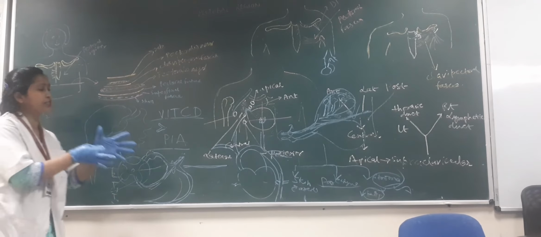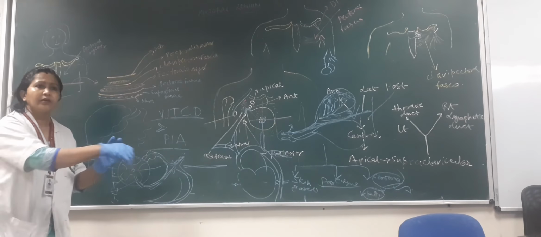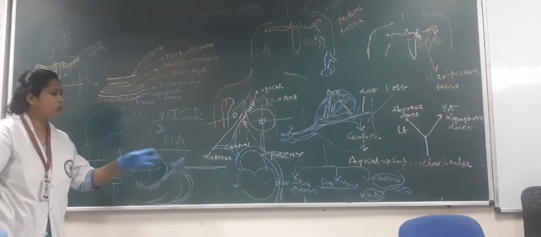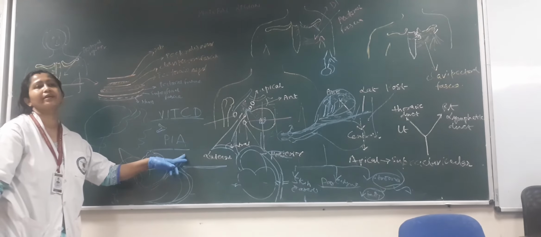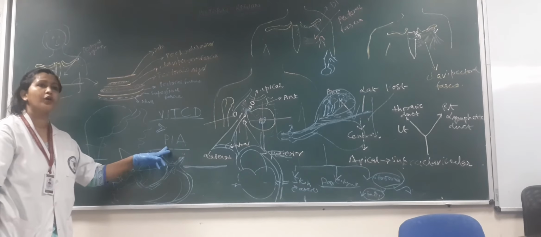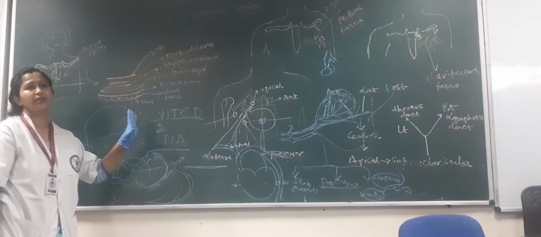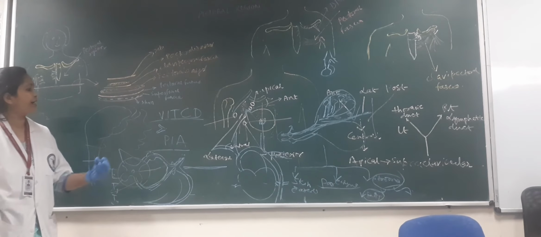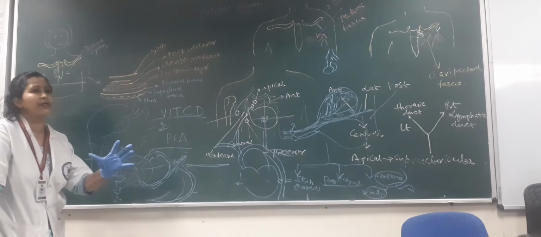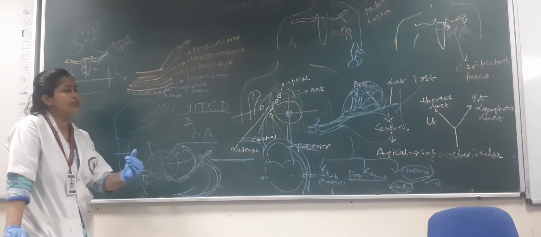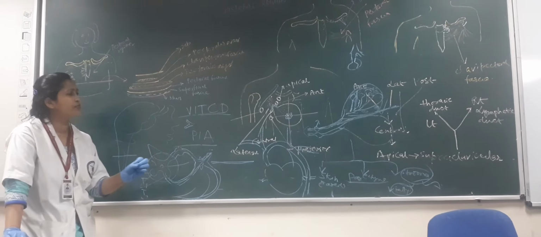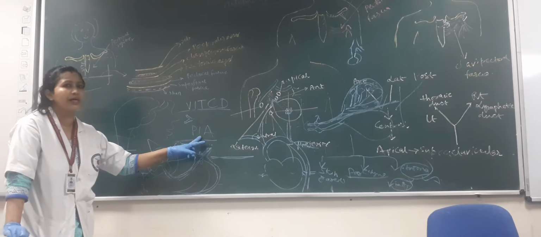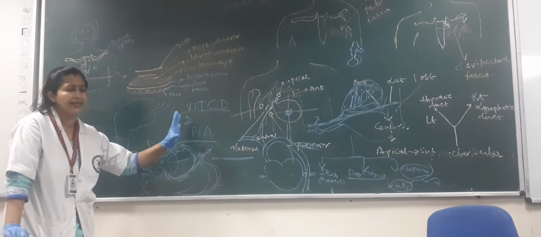Now we are focusing on the lymphatic drainage. For arterial supply, that much is enough, that it is supplied by the posterior intercostal, internal thoracic and the axillary artery. For venous drainage, posterior intercostal vein, internal thoracic vein and the axillary vein. Now coming to lymphatic drainage, as breast cancer is more common in India and we all know that the cancerous tissue spreads through the lymphatic pathway, so lymphatic drainage is very, very important. So lymph nodes: posterior intercostal lymph node, internal thoracic lymph node and the axillary lymph node mainly.